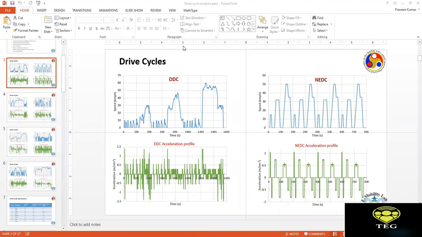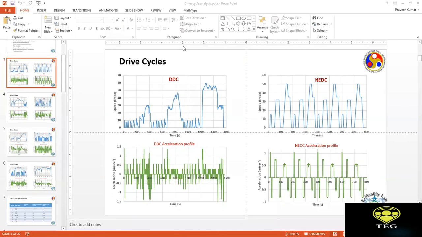Thank you, sir. Sir, if we compare DDC and NEDC, in DDC we are looking at the curves being the same from 0 to 200. But sir, on DDC we are not getting one pattern. We get 0 to 200 the same, then 400 to 600 the same, but beyond that the pattern is quite fluctuating. But sir, in NEDC the pattern is the same.